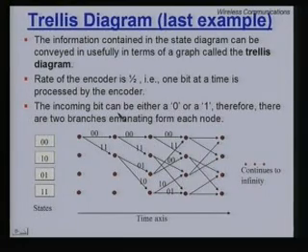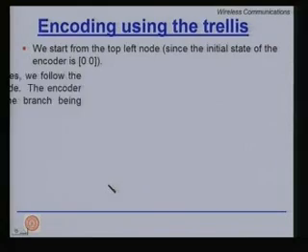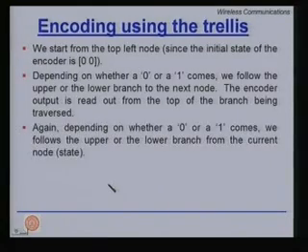If 2 bits were coming in, had k been 2, then you would have 4 branches coming from any node, corresponding to 0 0 bits coming in, 0 1 bits coming in, 1 0 or 1 1 bits coming in. So, why do we use this trellis structure? It seems both encoding, or at least the visualization of encoding, and the decoding is extremely easy using this trellis diagram.